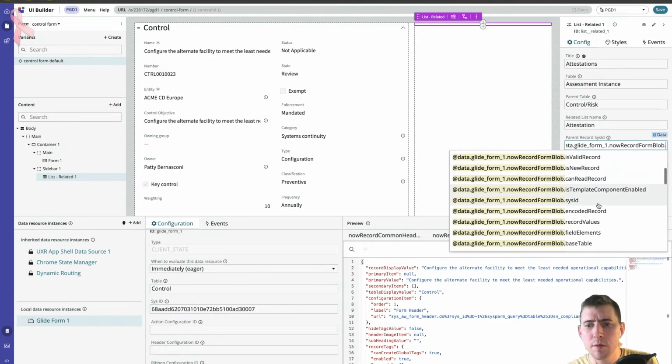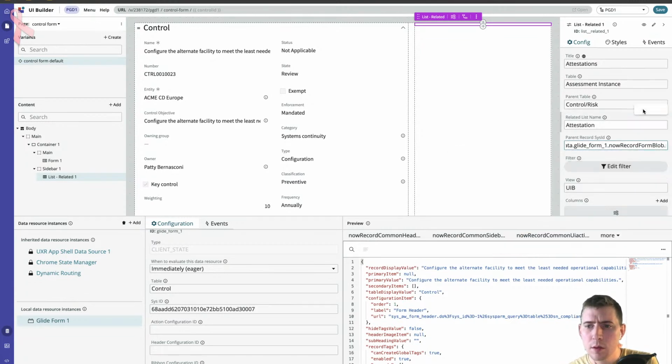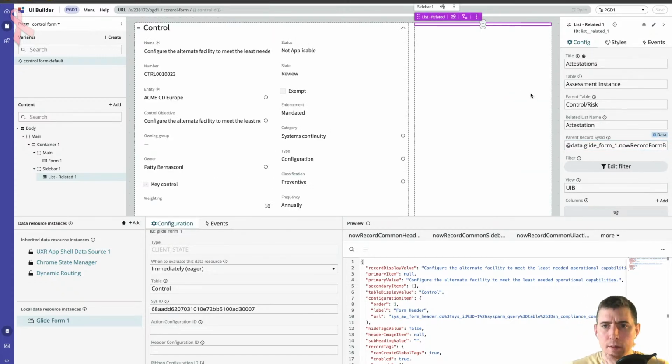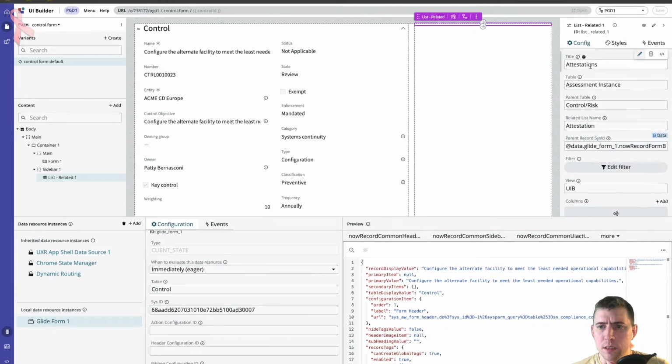Nice, this is what I was looking for earlier, that dot walking. I guess we had to kind of save it first. Well, I'm hoping, Raf, that this setup, so I've said table, and the parent table, which should be this table. So on the assessment instance, there's a relationship from assessment instance back to the originating control, which is the table. I don't know what this means. Parent record sysid, which is this. It's the parent record. That should be